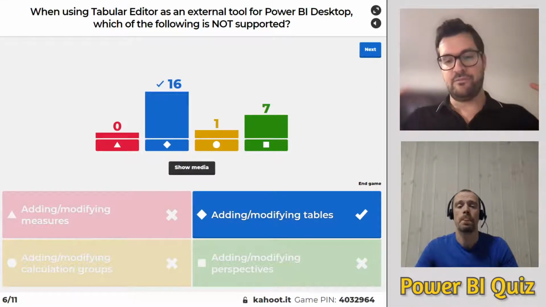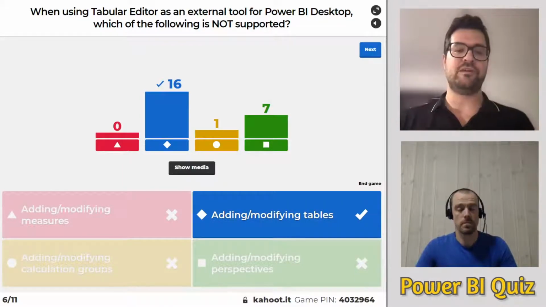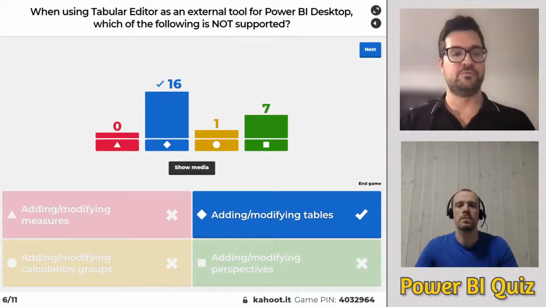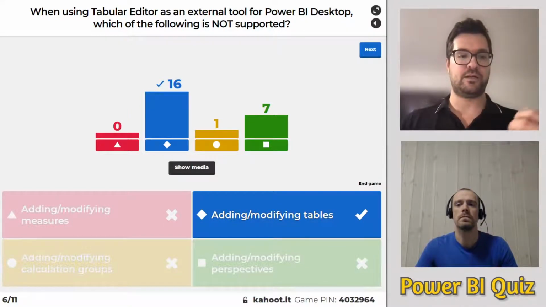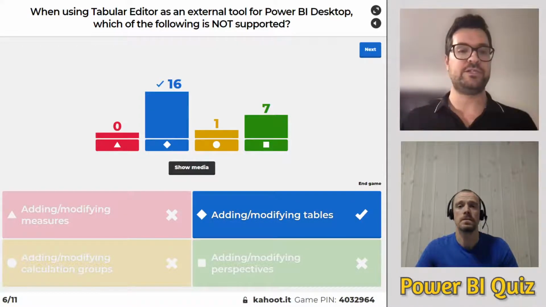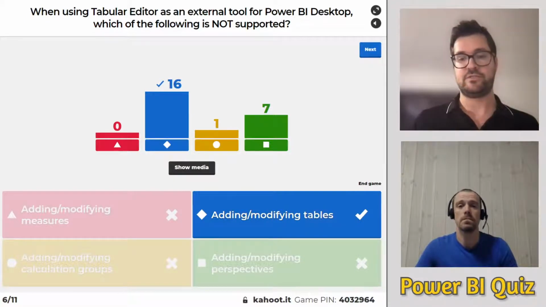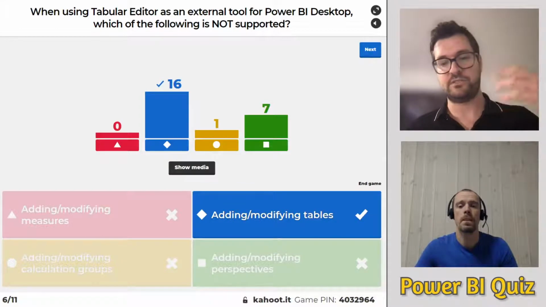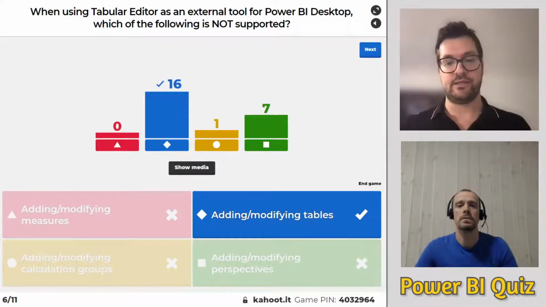So we had to figure out what would be the most important use cases, what would bring the most value from an external tool perspective. For that reason, this feature is initially limited to just a few modeling operations, which are adding and modifying measures, so that you can quickly and easily create a lot of measures in bulk. You can copy paste existing measures. You can use scripts in Tabular Editor to quickly create a bunch of new measures for time intelligence purposes and all kinds of stuff. You can add and edit calculation groups, which is actually a feature that Tabular Editor sort of unlocks,